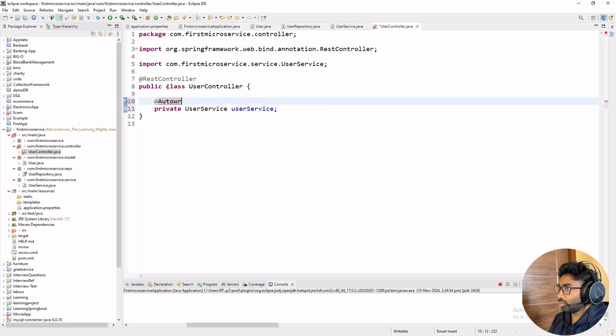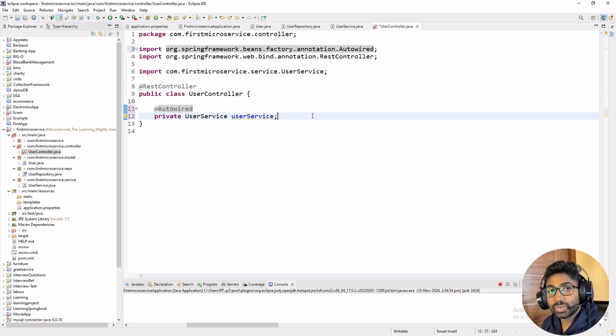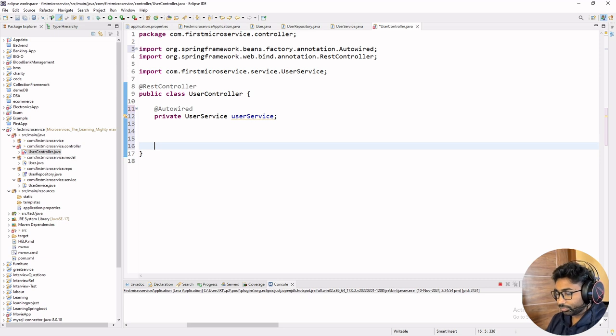All right, so auto wire. Okay, now let's create the APIs. We are creating the APIs one by one. First thing, let's say